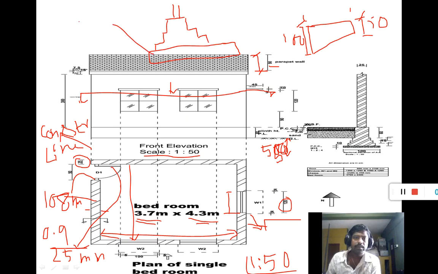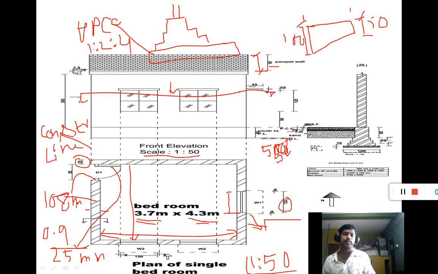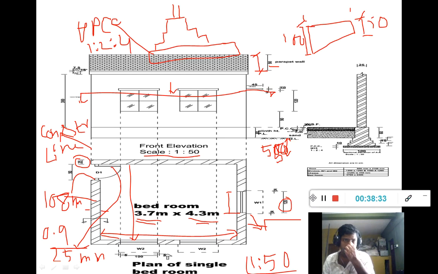Okay, this is where the PCC work is done. PCC is the plain cement concrete work, and the ratio is 1:2:4, that is 1 part cement, 2 part sand, and 4 part coarse aggregate.